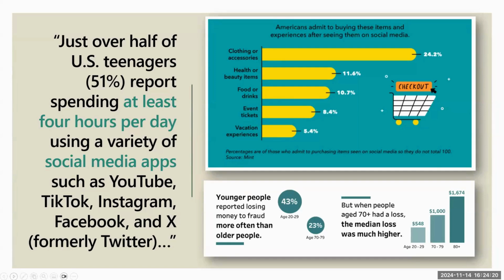Young people are online a lot and we think that they're good at it. They're actually terrible at it. They're still young. They still don't have developed frontal lobes. So they're getting scammed at a very high rate. Young people are losing more money to fraud more often than their older counterparts. So somebody in their 70s might lose more money when they're scammed. But the frequency of people in their 20s being scammed and even younger is increasing month by month.